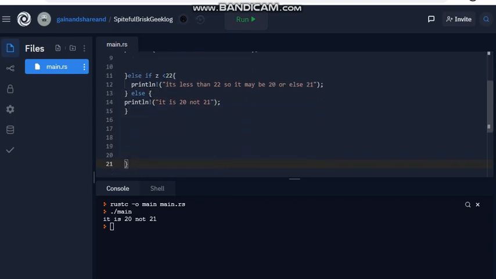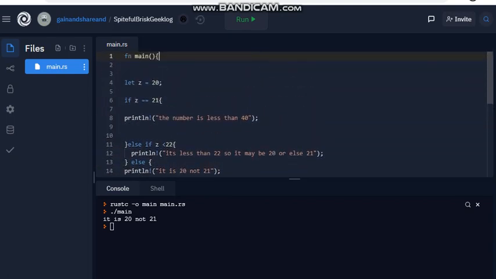Everything's fine, right? If you execute it, what sort of output are we going to get? We're going to get the output: it's less than 20. Let's run it and watch. Here we got the output: it's less than 22, so it may be 20 or else 21. Those are the values we are getting.